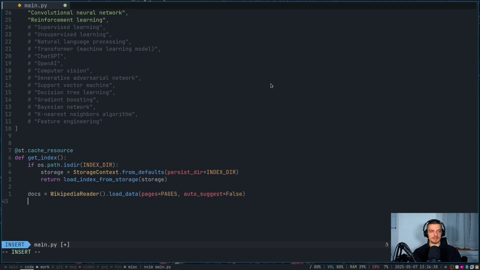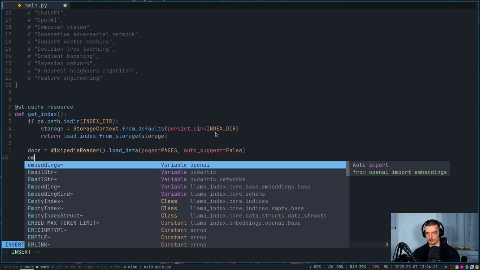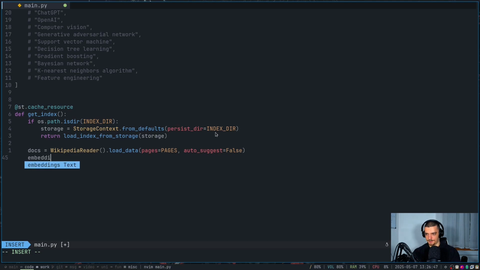So this is going to retrieve the documents from Wikipedia, and now we want to embed them into vector space. So for this, we need an embedding model. We're going to call this embedding_model is equal to, and now we're going to use OpenAI. For this, of course, your API key needs to be present. So you say OpenAIEmbedding. And now you have to choose a model that is available. You can just go to OpenAI embedding models. So you can just Google OpenAI embedding models and you're going to see a list. And then you just need to enter the identifier. I'm going to use here